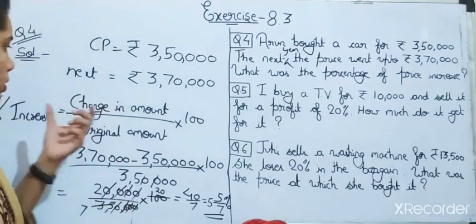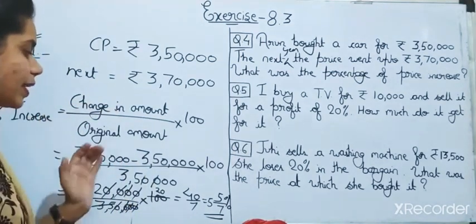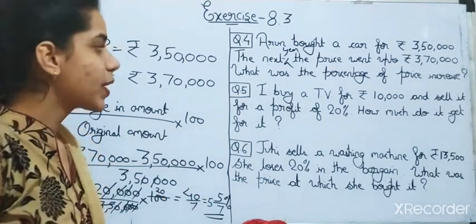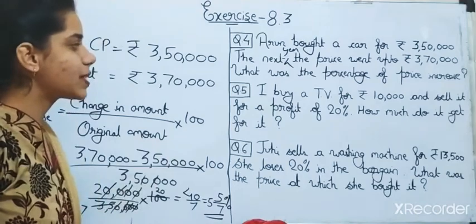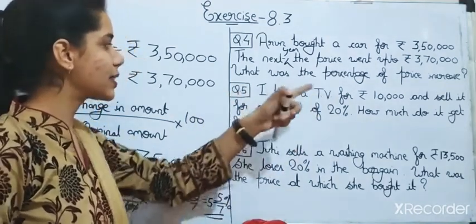So apply the formula and put the value. After putting the value, we get the increase in percent. Understood this thing? Now, question number 5 is: I buy a TV for rupees 10,000 and sell it for a